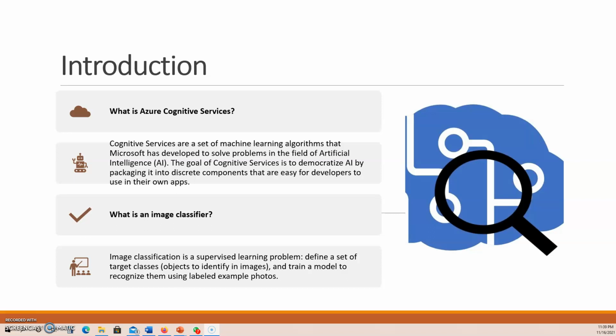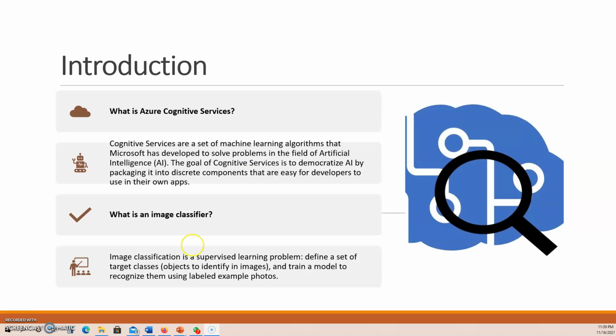By way of introduction, Azure Cognitive Services is a set of machine learning algorithms that Microsoft has developed to solve problems in the field of artificial intelligence. When we talk about image classification, we talk about classification as a supervised learning problem defined as a set of target classes, that is, objects to identify images, and train a model to recognize them using